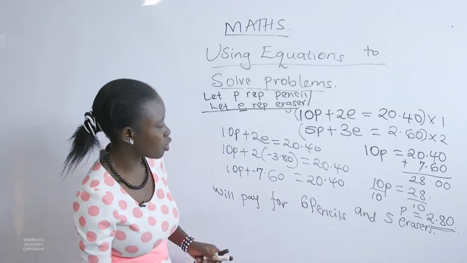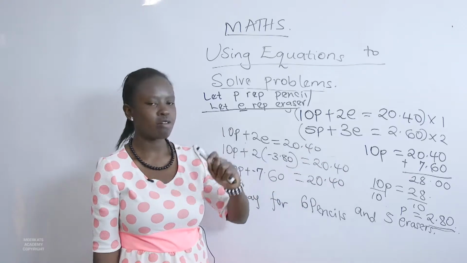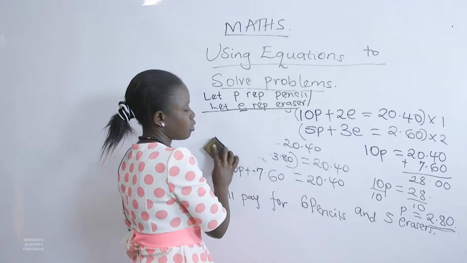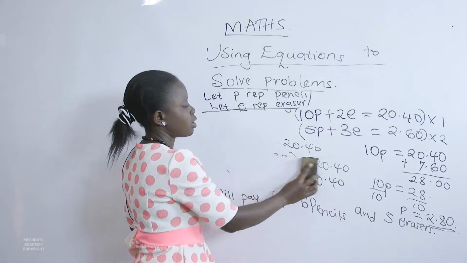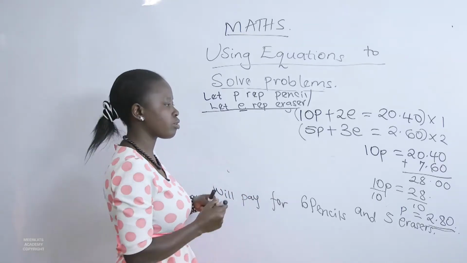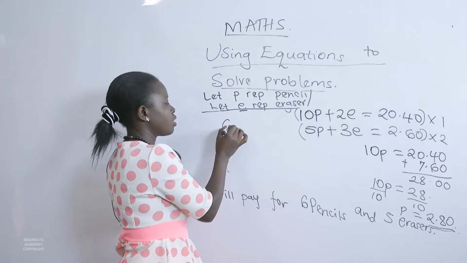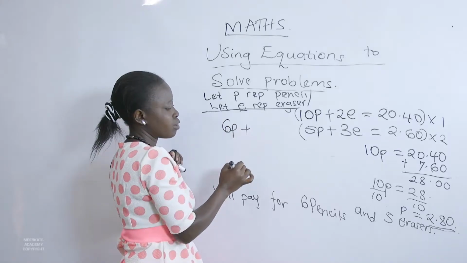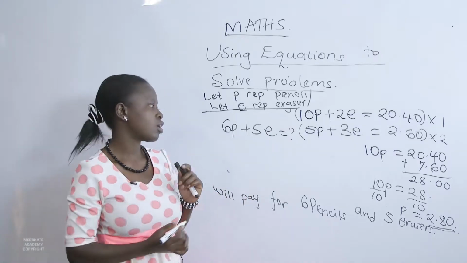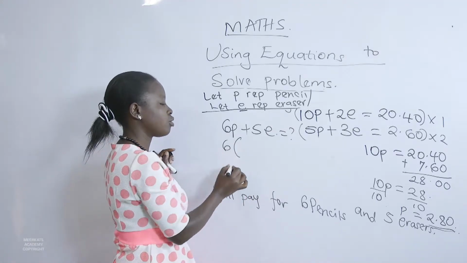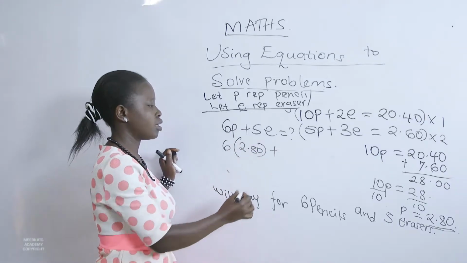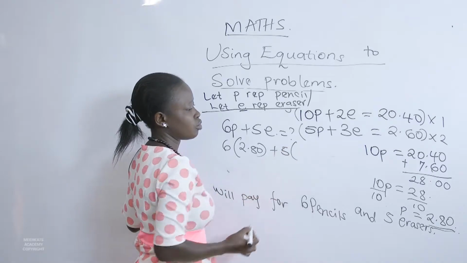So forming that equation, we have the value of P, we have the value of E. We need to find out what 6 pencils and 5 erasers will cost. So 6 pencils plus 5 erasers. How much does it cost? So this means that I have 6 into plus 5 into